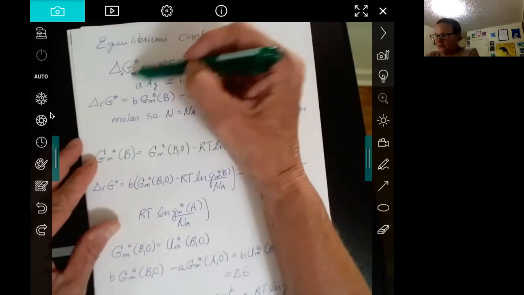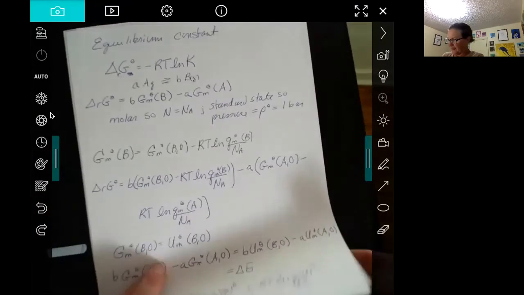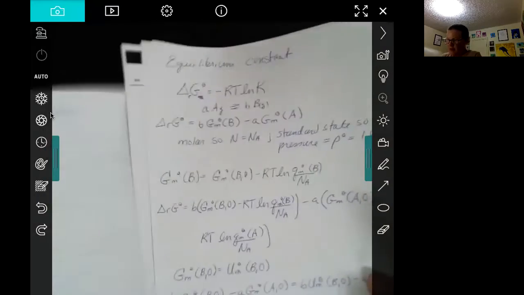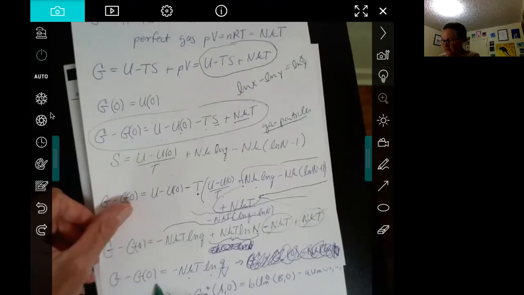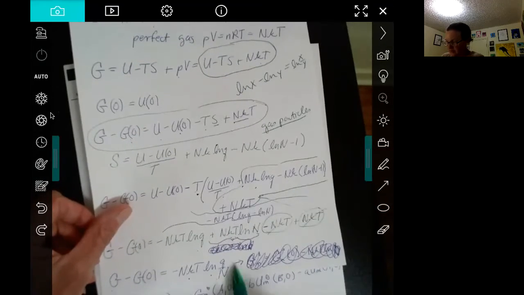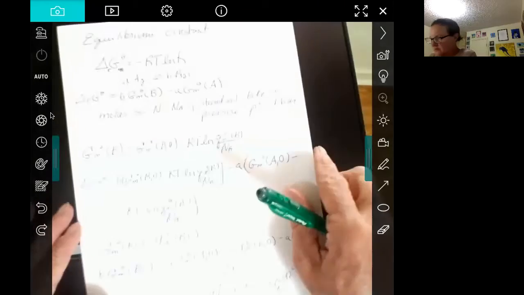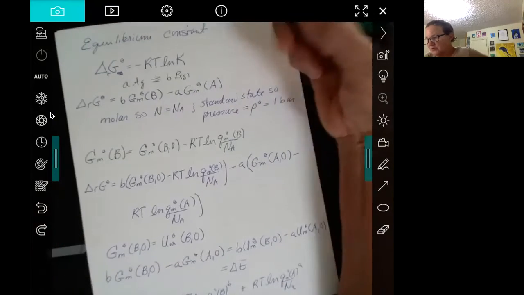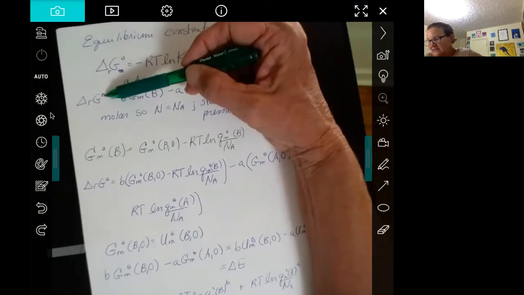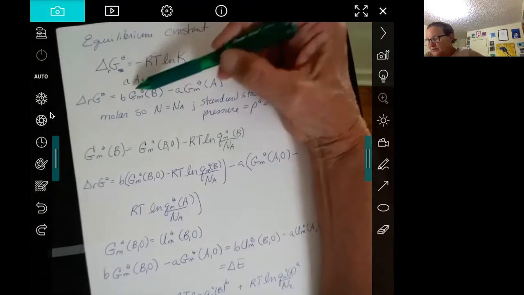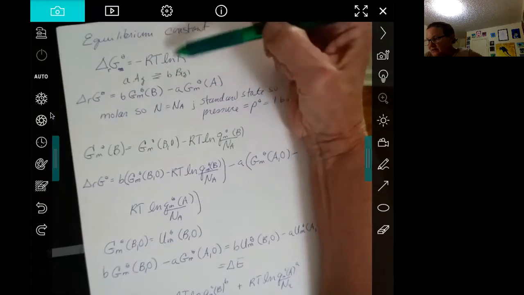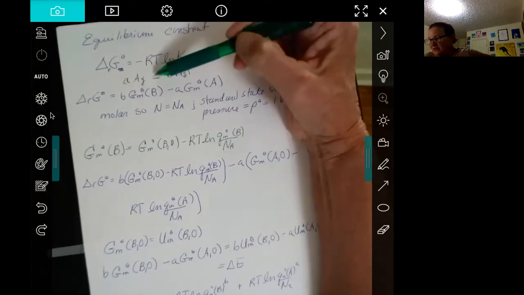So now that we know how G relates to Q right here, we can plug this in for G and solve for K in terms of the partition function. So when we look at a reaction, if we want delta G standard state for the reaction, it would be B. So if this was our general expression,